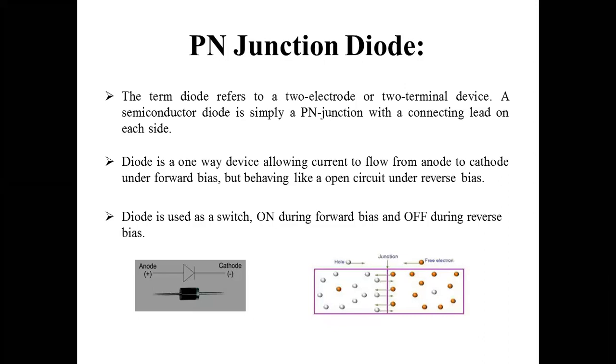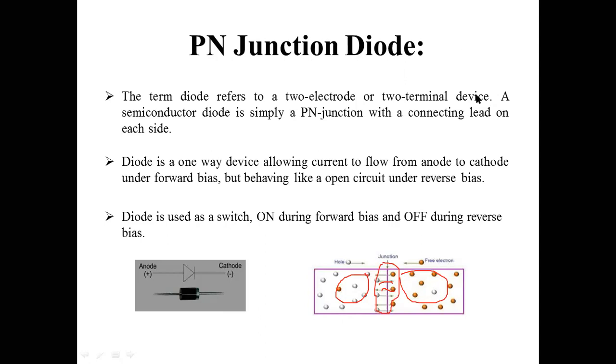Now, what is biasing? Before going to that, you can see that electrons are in the N type material, and holes are the majority charge carriers in the P type material. They start attracting each other when they are brought near to the junction, and then electrons start crossing the junction, and holes start crossing the junction, and they form a depletion layer here. They form a polarity, a barrier voltage or barrier potential, here.